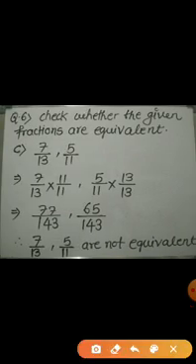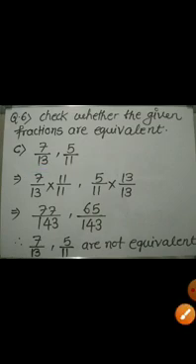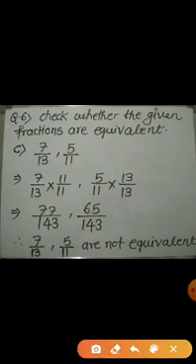Now coming to the last one. Here the fractions given are 7 upon 13 and 5 upon 11. Children, if you observe the numerator and denominator of both the fractions, you will see that there is no relation between numerators and denominators. So in such cases, what we have to do, to make the denominator the same, we can multiply both numerator and denominator of the first fraction